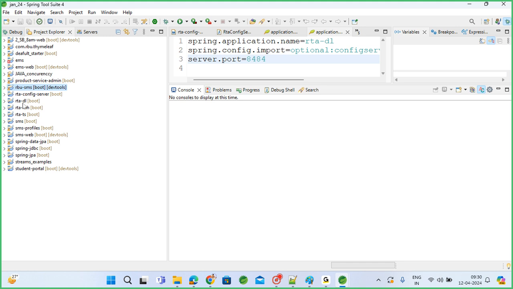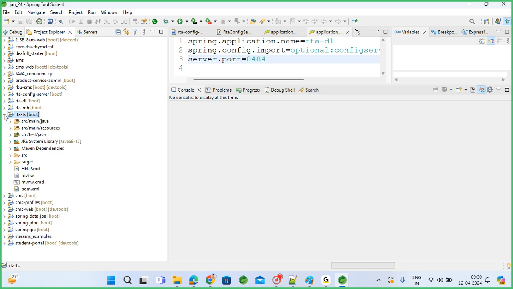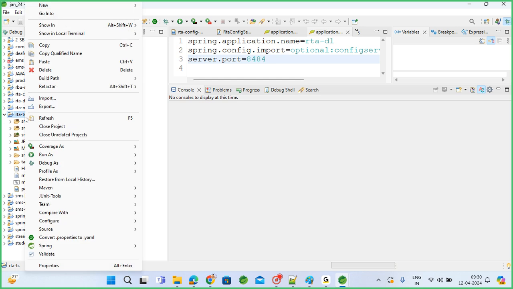Yesterday we created Delhi microservice, MH microservice, TS microservice. Let me register all these microservices, and I will run each one on different ports also, so that you can clearly observe. First thing, if you want to register yourself into Eureka, you need to add